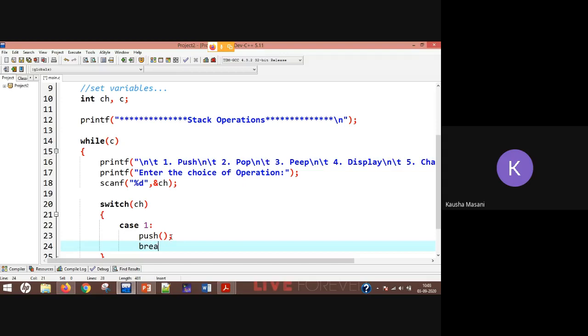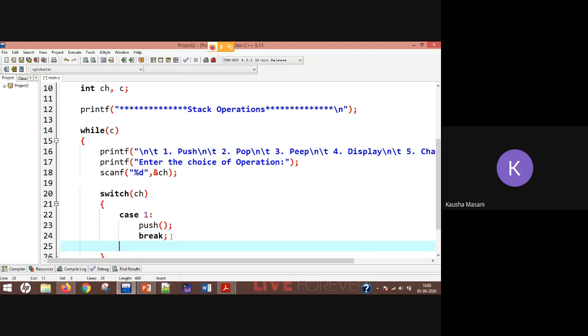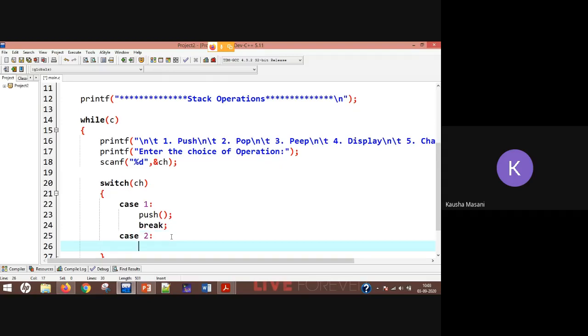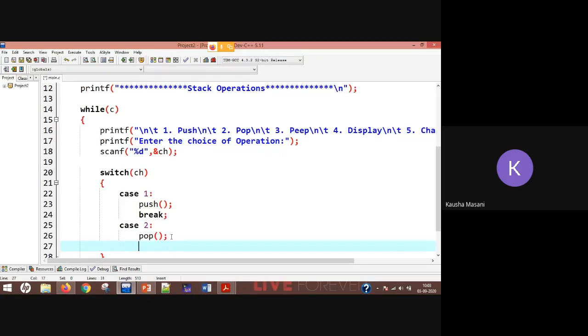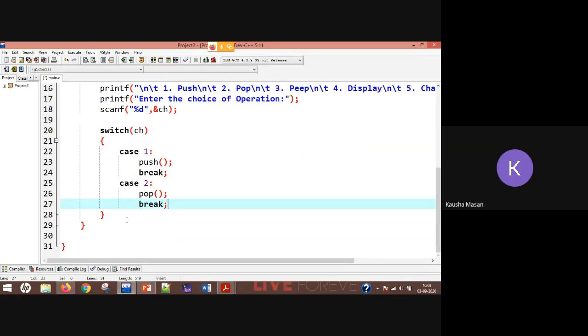And you're going to break. Similarly, case 2 will be your pop operation. So you are going to build this kind of switch case till your case 6, that is your exit. Once you are done with building such cases, you are going to mention here end of switch. This is your end of while.